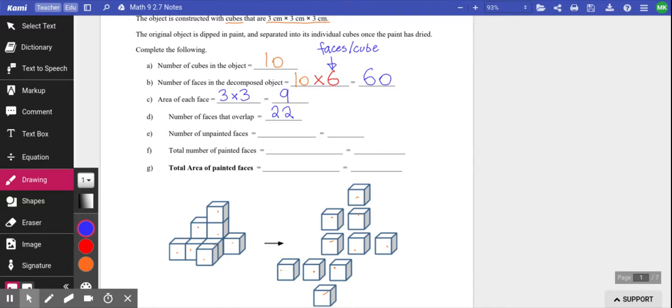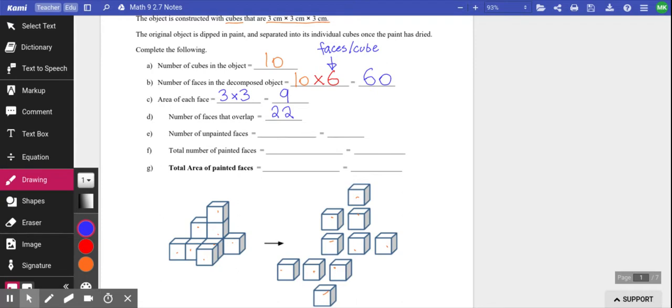We did do a more in-depth job of that at the start of 2.6 with this exact shape. So if you don't see all 22 in there, you're like, I don't see how he's getting that. Remember, we went over that two lessons ago at the start of 2.6. So feel free to look back on that if you need to. Awesome. If there's 22 faces that are overlapping, that means that there's